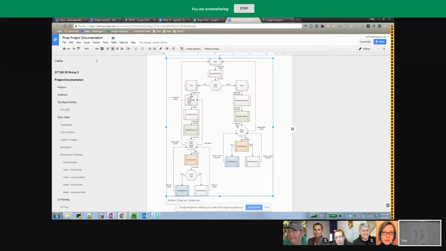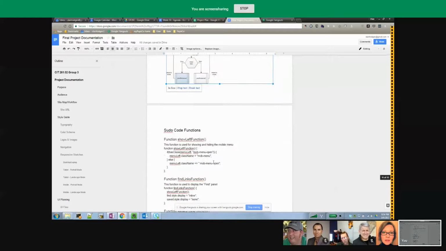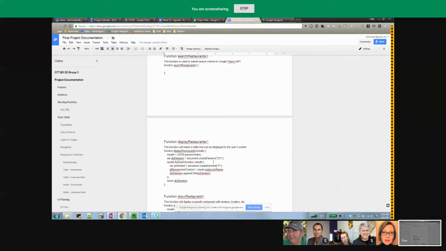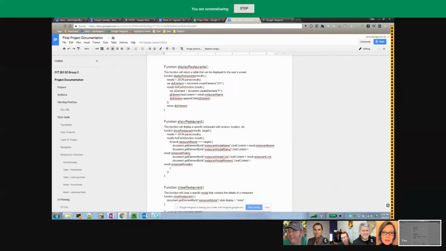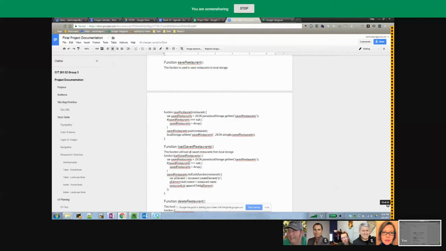So this is done as well in Visio. I highlighted here. The reason why these are colored is because these are the shared functions. So these two are the same function. You just call them in different lines of the menu. Same with the orange ones and the blue ones. And then the pseudocode, which really is more like regular code. I just find it easier that way. It's not 100%. I can't just copy paste all this, but it gives a general overview of how we want to do things for each of the different functions that were called out in that